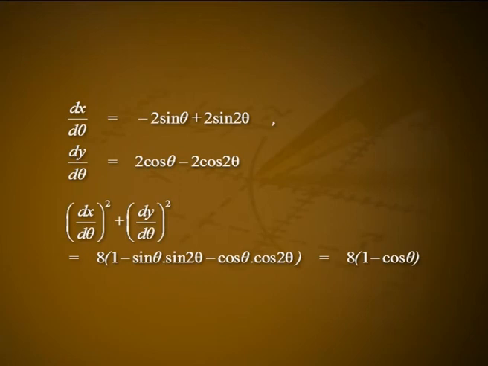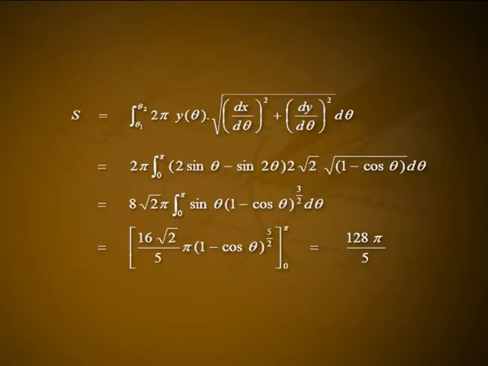dy/dθ = 2 cos θ − 2 cos 2θ. (dx/dθ)² + (dy/dθ)² is equal to 8 times (1 − sin θ sin 2θ − cos θ cos 2θ), which is equal to 8(1 − cos θ). The area of the surface by revolving about the x axis is S equal to the integral from θ1 to θ2 of 2π y(θ) times the square root of (dx/dθ)² + (dy/dθ)² dθ,